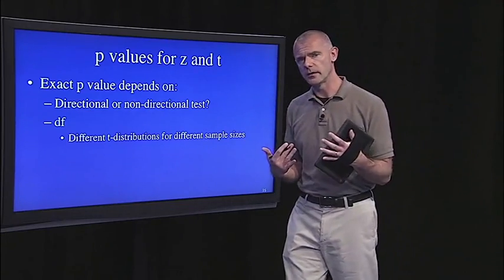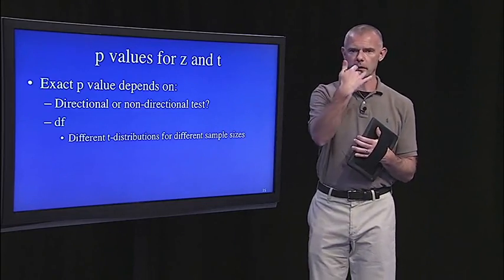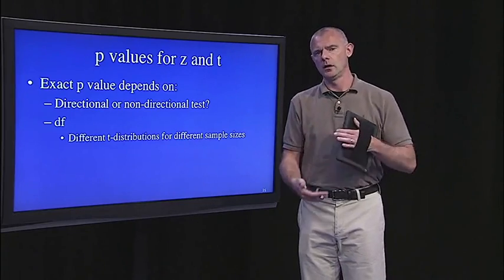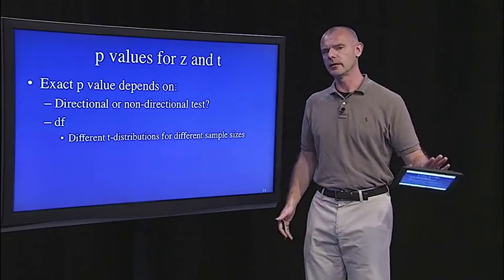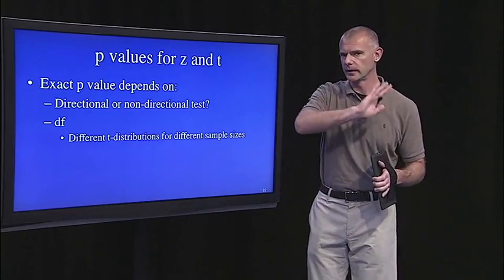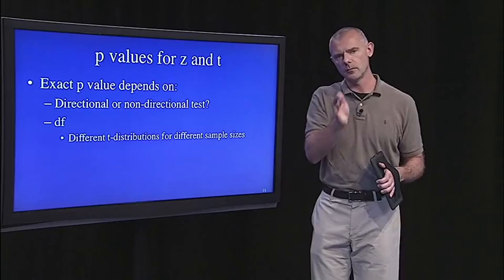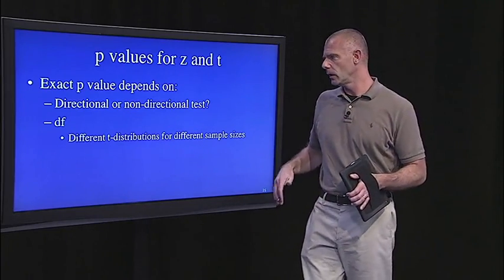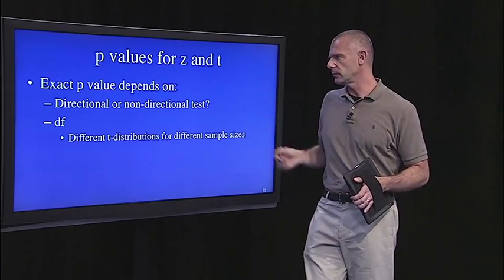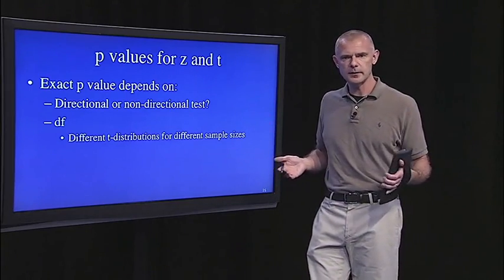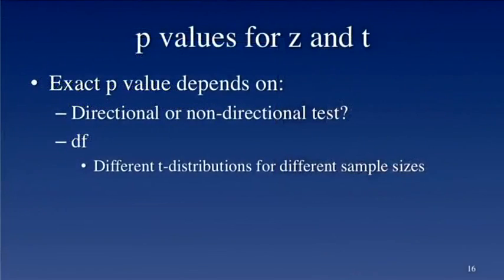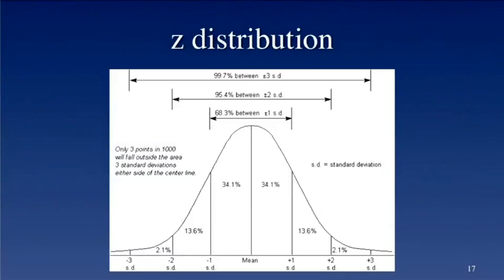So where does the p-value come from? Remember, the logic of the p-value and where it comes from is all based in the central limit theorem. So if that's sort of fading in your memory, go back and review the logic of the central limit theorem. But it just depends on basically sample size and whether or not you're doing a directional or non-directional test. So just to refresh your memory about the central limit theorem,